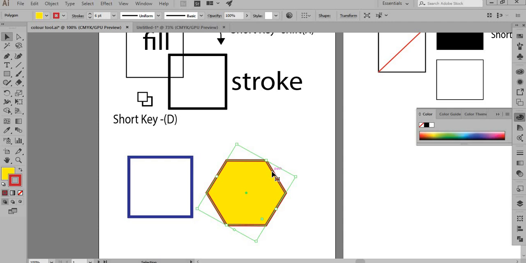Okay, and there is a way of copying this weight and the color to your second object. How do you copy it? Basically what you need to do is, first with your black arrow key, select the object. Suppose this is what I want to copy, the yellow fill and the red stroke. I would go over to my eyedropper tool, and the shortcut to that is I. I just put my eyedropper here because this is what I want to copy, and I select it, and I exactly get the same thing. I get a yellow fill and a red stroke. So basically this is how you copy.